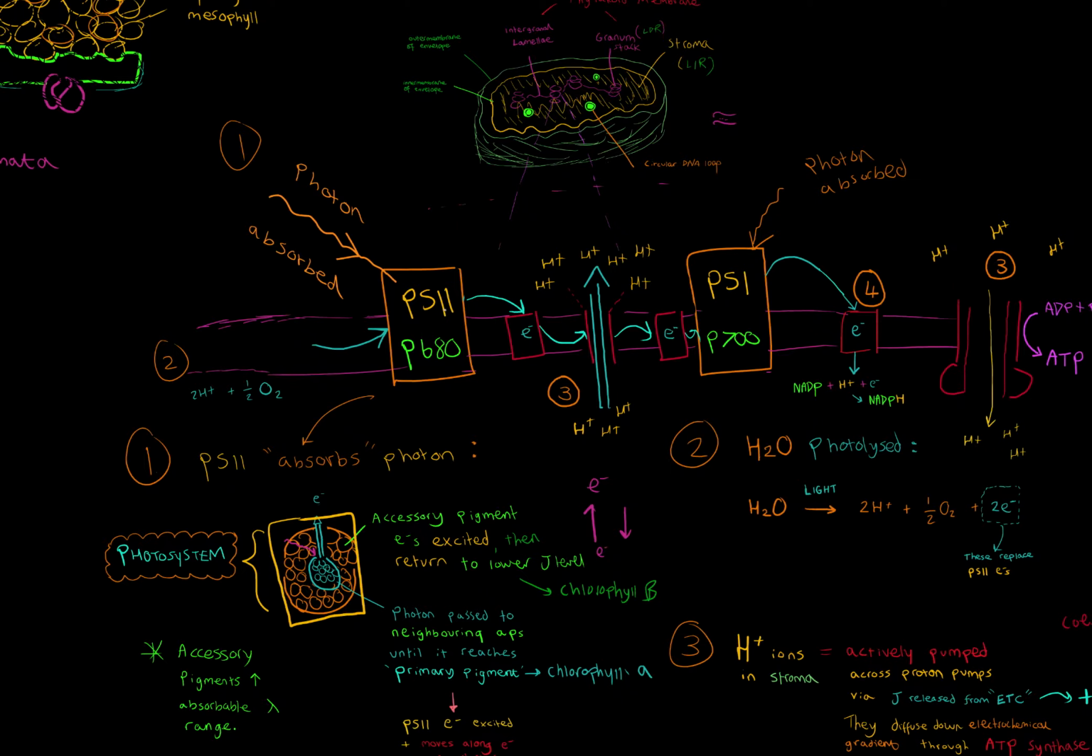It's a very common mistake. People confuse PS2 with PS1 because PS2 comes before PS1 in the process. But I guess the reason why PS2 is named PS2, even though it comes before PS1, is basically because PS2 was discovered after PS1. Okay, but basically, what photosystems are is they are proteins, and they have